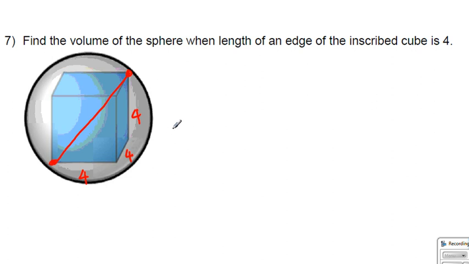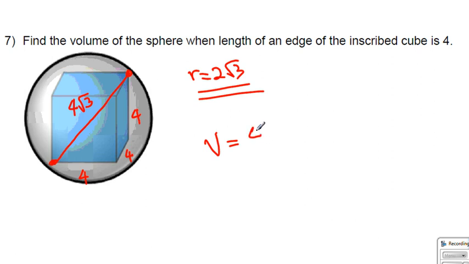But as we have gone over in class, what is the length of that in a cube? Because each side is equal to 4, then we realize that this length would be 4 square root of 3. In other words, the diameter is 4 square root of 3. Then what's the radius? Radius will be 2 square root of 3. Alright, I think this is good enough for us to start. Because to find the volume is 4/3 pi r cubed. In other words,